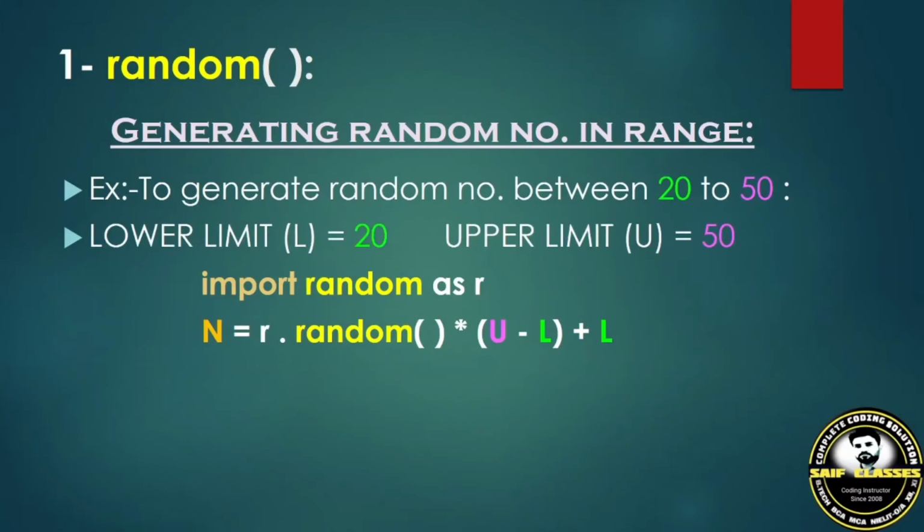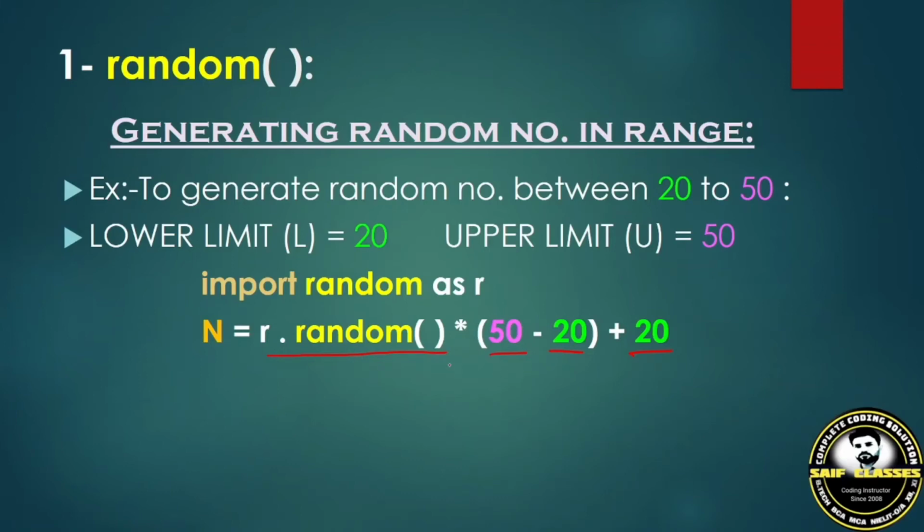So look at this code. Let's say we want to generate a number from 20 to 50. So the lower limit l is 20 and the upper limit is 50, and if you put it in the formula, it will become 50 minus 20, plus 20. You know very well that this particular portion will give you minimum 0. So this is the criteria to get the minimum and maximum. What expression will give you the minimum value, and what expression will give you the maximum value? It depends on this particular term.